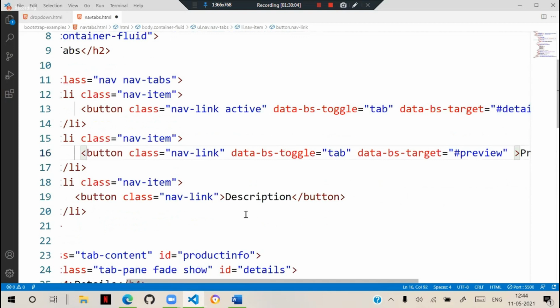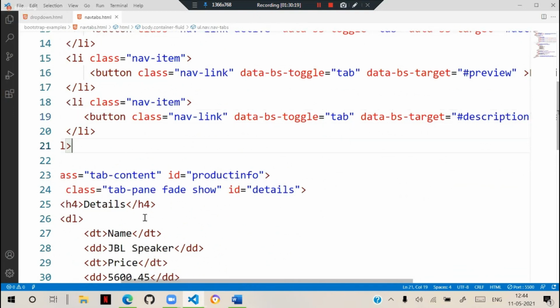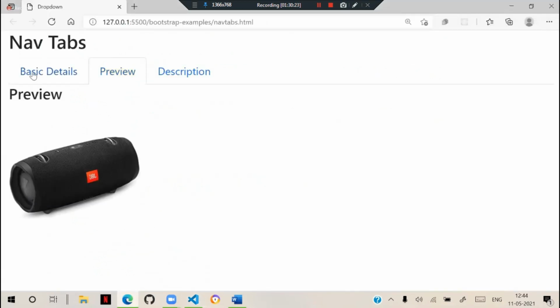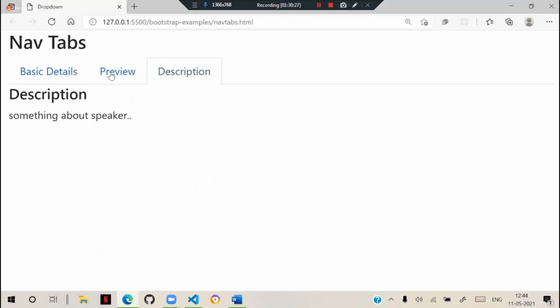And for the third one, we need to define the target for description, so hash description. And you can see that is the panel it is showing here. It is displaying like this. On preview, on basic details, and description, this information will come now.